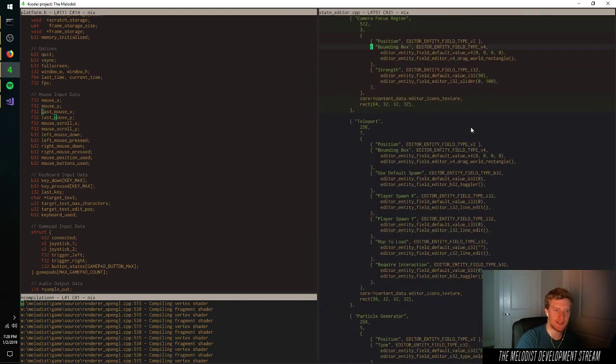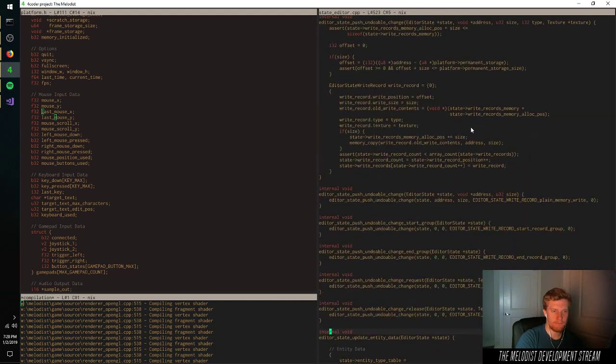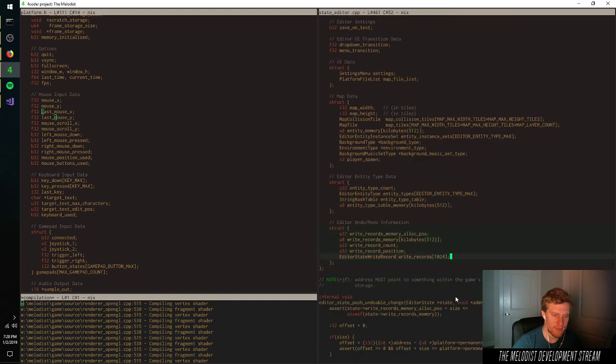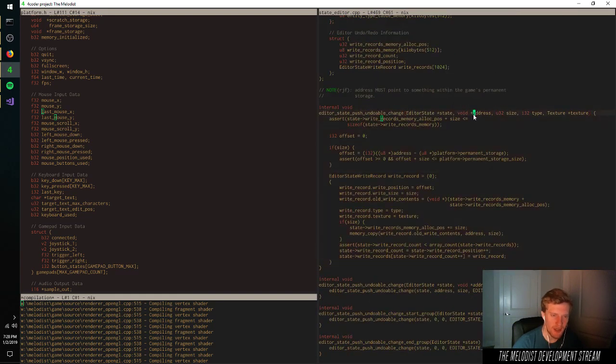So what we'll say is, we have this undo and redo information. We can actually make this way smaller, like 1024 or something. And if this fills up, we can write this entire thing to disk and then be good. So instead of asserting that we don't run out of space,